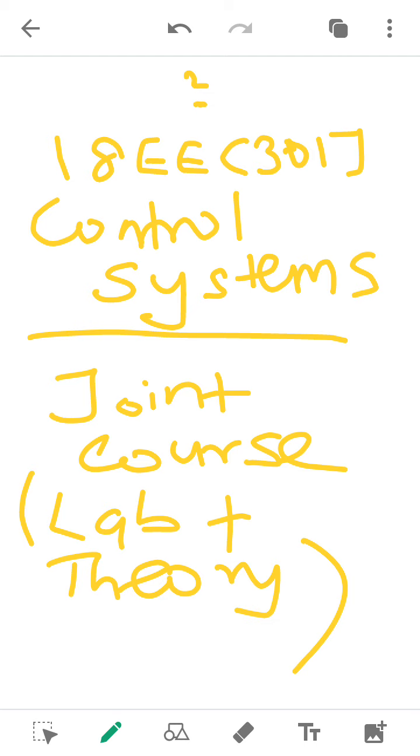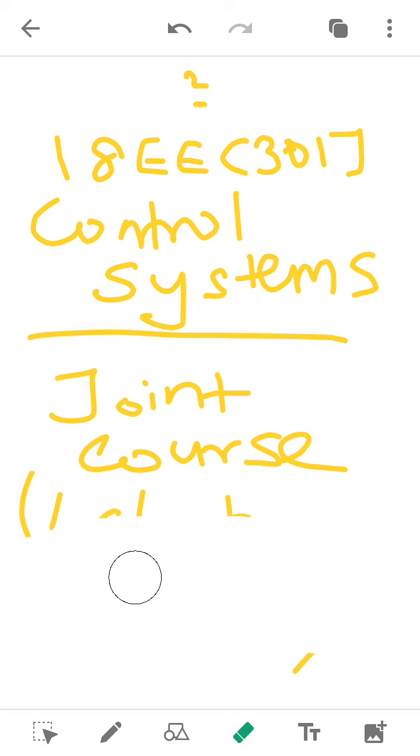Now let us move on to the subject. So unit number 1, I've already given you the syllabus and all of you must have browsed through. So the first unit is all about learning the basics of control system. Today's class is split into 3 different modules. We are going to learn the meaning of the system, the definition for control system, and the different ways in which you can classify a control system.